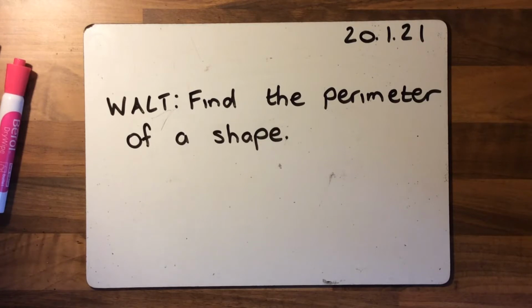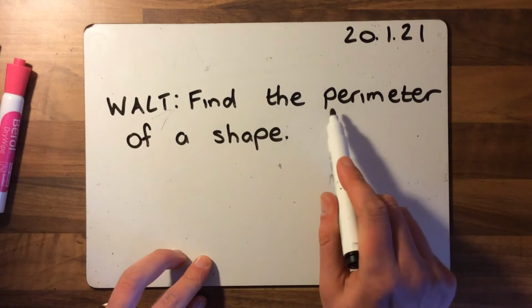Now perimeter is something that you would have probably first looked at in year 3, should have been touched upon in year 4 and 5 as well. And in year 6 it starts reasonably straightforward and it just gets a little bit trickier. But if you can understand today's lesson, then the other lessons that follow on from this are only small steps as we go. So looking today at finding the perimeter of a shape, and it's really important that this